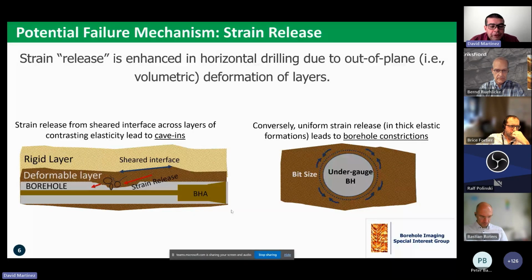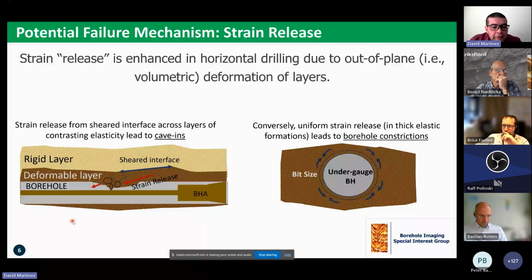Okay, and I'm sorry to disappoint the geologists a little bit, but we are talking about two very simple configurations of your geology. It's not like a super complex stratigraphy or geology theory. It's just two simple configurations. Once again, the mechanism is strain release. What changes is when you have,